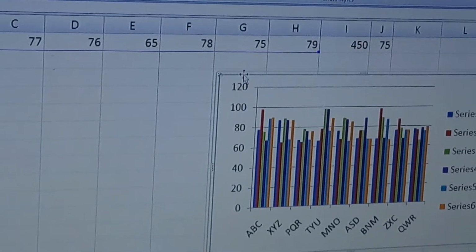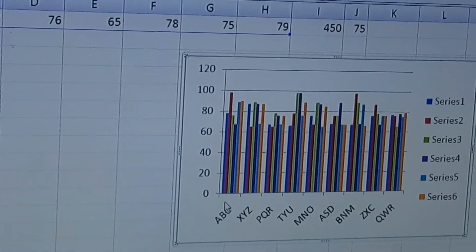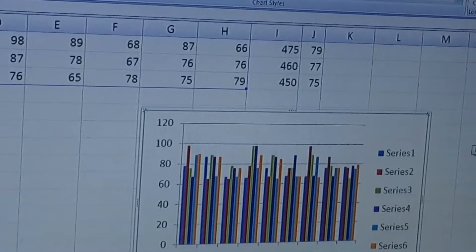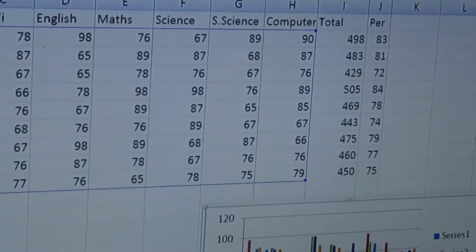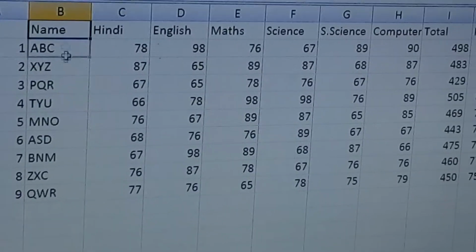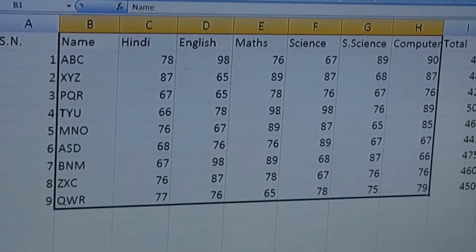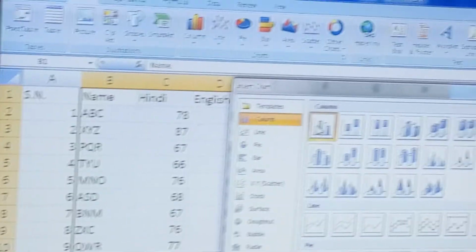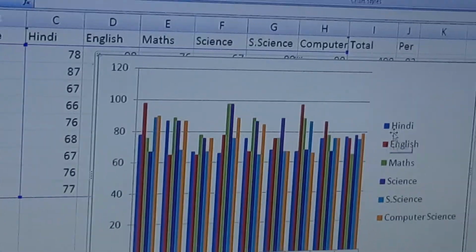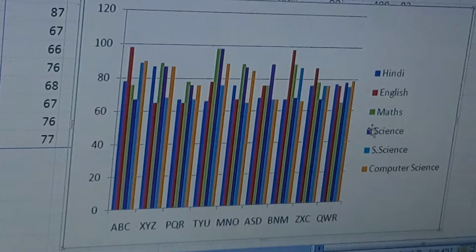It is a 2D chart in XY format, and here the different values of marks obtained in different subjects are given by different series known as legend. What is legend? Legend is a graphical symbol used to differentiate different data series. Here blue is for Hindi, this for English, this for maths. So these are known as legend.